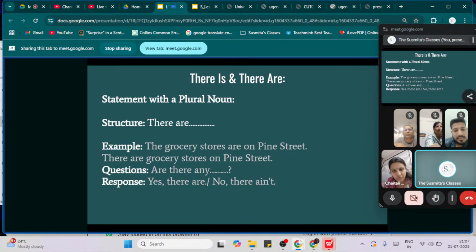Understood this part? When will is there be used, when will are there be used, and when will there is one and there are some be used. We will come to some and any later, don't get confused with that part. Okay. Did you understand the difference between there is and there are?